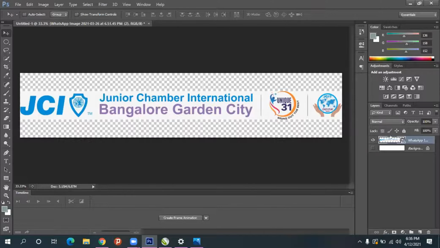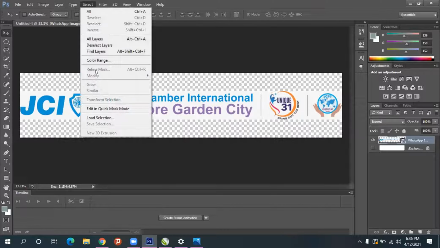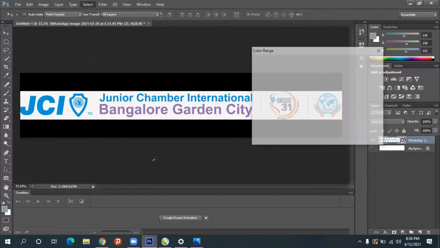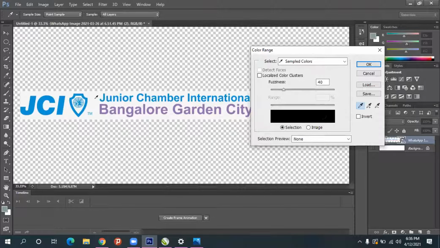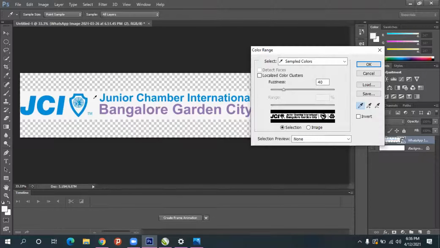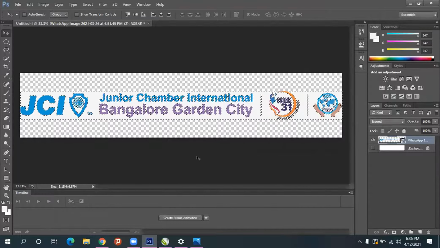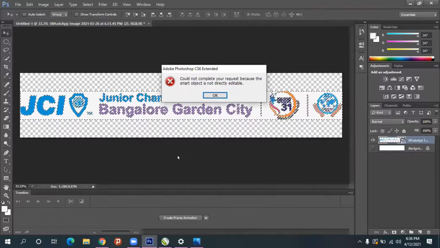Select that particular layer, go to select menu, in that select color range and click on the white color. Only click on the white color, not blue or something, and you can increase or decrease the fuzziness and give OK. Now you give delete.